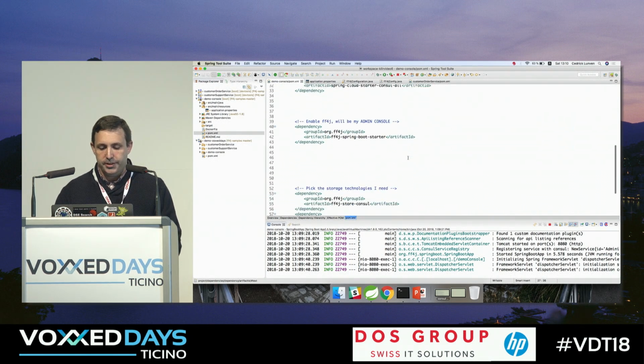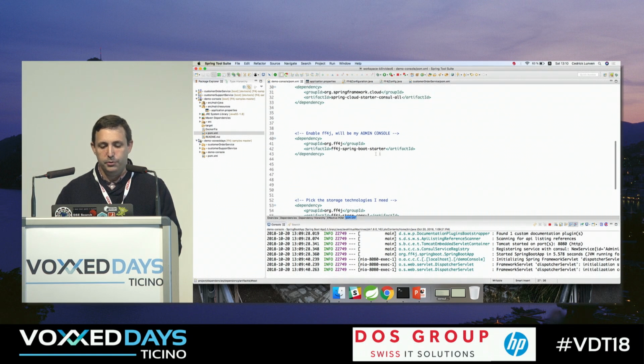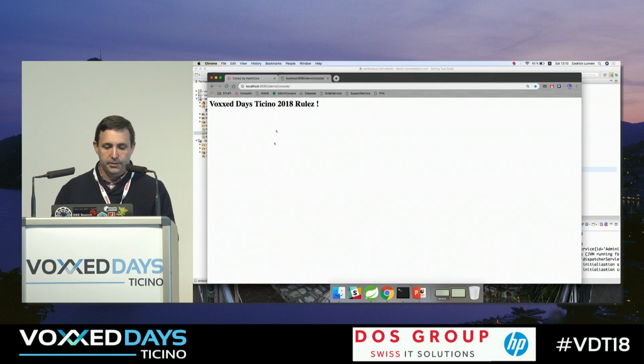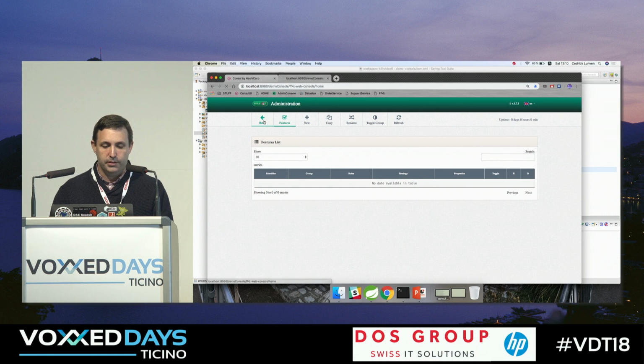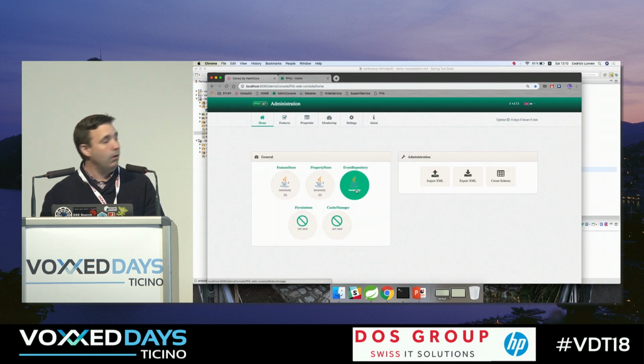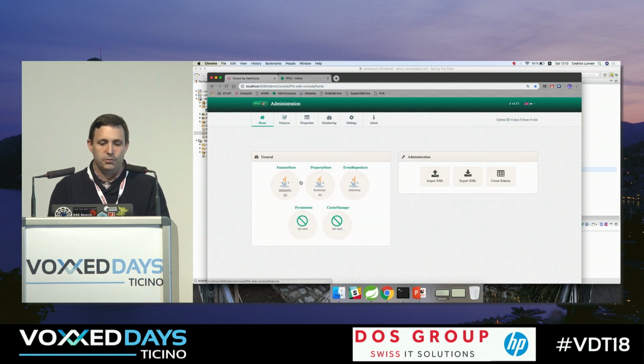So now, in the POM, you just have to import the Spring Boot starter from the framework FF4J. It's already done, so let's do that. And just by providing that dependency, you will have a dedicated web UI like that, providing a feature store, okay? But right now it's all in-memory, and this is not what we want. We want to connect to Consul, just to look and work with the features.